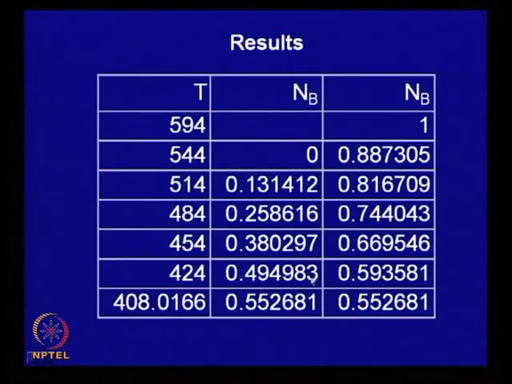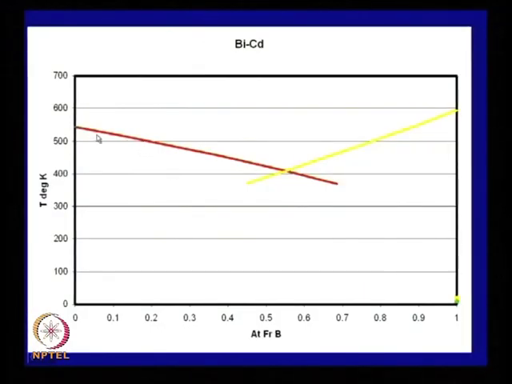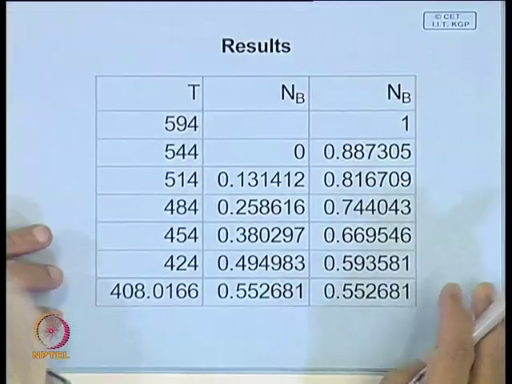And this is the other one, and if you plot the two, this is the diagram you get. The eutectic composition comes out to be close to around, let us say, 0.55 atom fraction, and this temperature comes out to be 408 degrees Kelvin. So, in fact, if you check this diagram, you will find